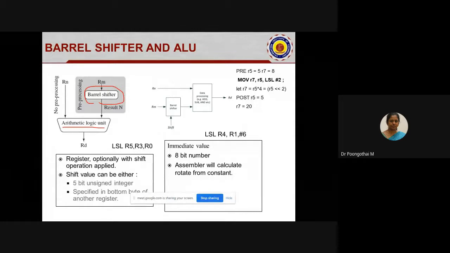This is a very powerful feature of ARM because it has the ability to shift a 32-bit binary in one of the source registers, either in left direction or right direction, before it enters the ALU. So this component can be used by various classes of ARM instructions to perform comparatively complex operations in a single instruction. Using a single instruction, your ARM core is able to perform multiple operations. That is the significance of this parallel shifter.